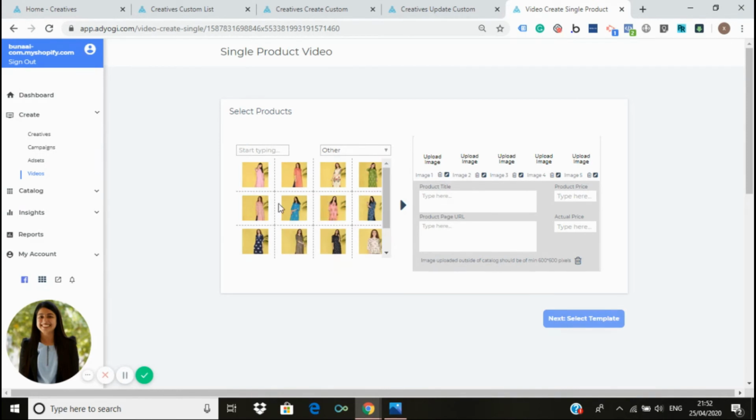From here you can select one image which you want to promote. The images related to that product will get uploaded automatically, and all the relevant information also. Then click on next, select template.